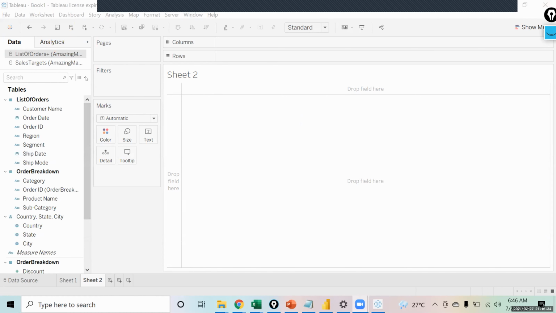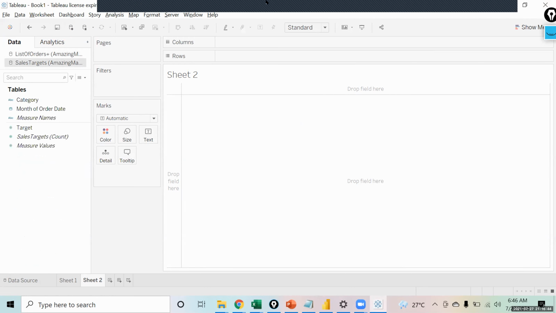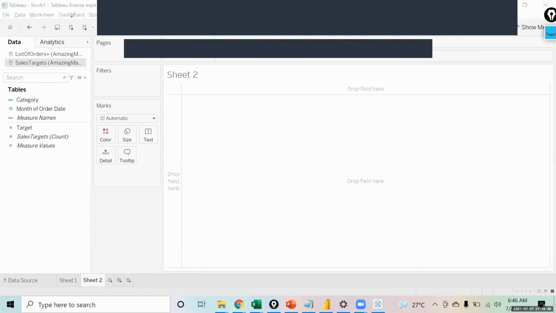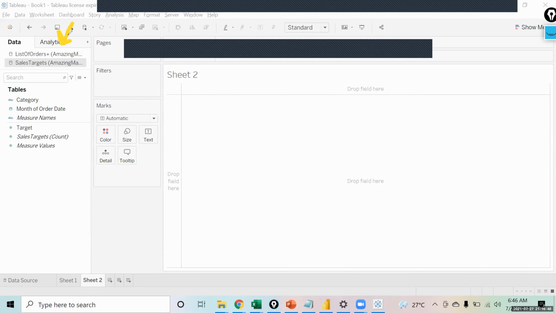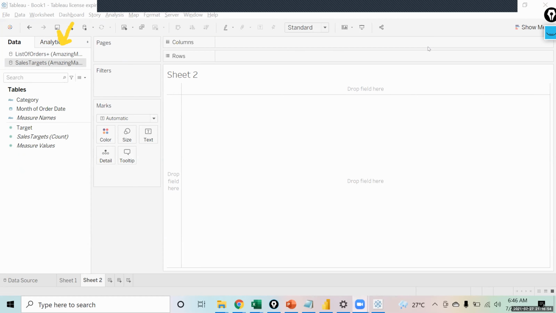Okay. So yeah, so I was talking over here on the data blending part. Now in the data blending, what we have is two sources. One of the sources is going to act like a primary data source, and one is going to act like a secondary data source. Why do we have the concept of primary and secondary? Because, as I said, in data blending you always get a left join only. It will always create a left join.